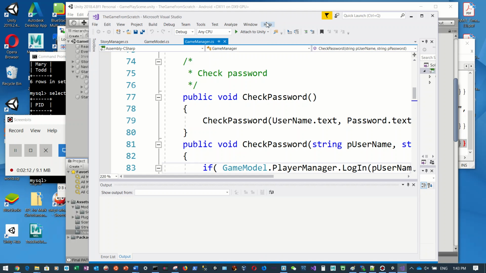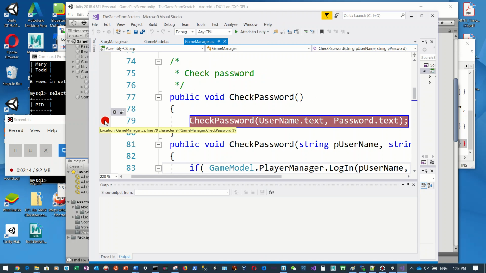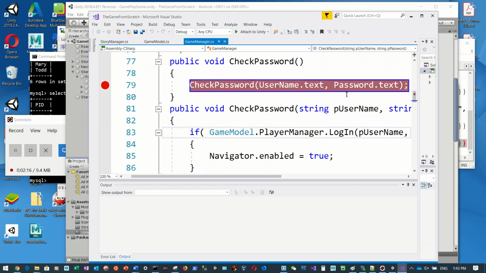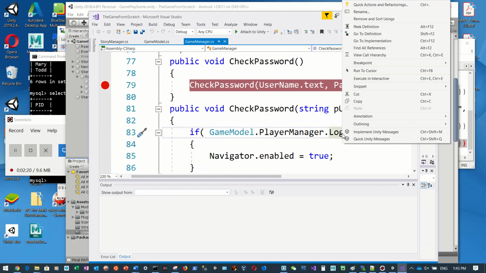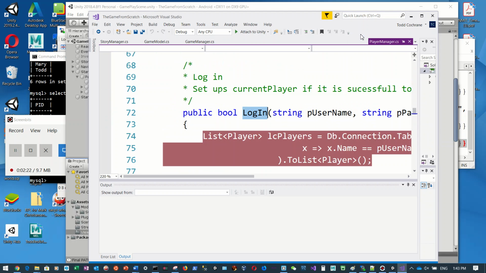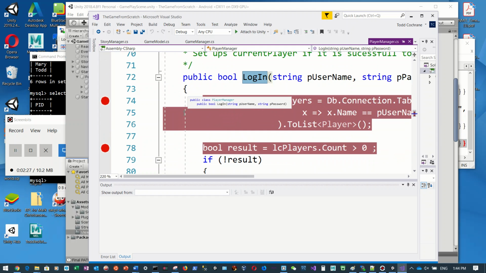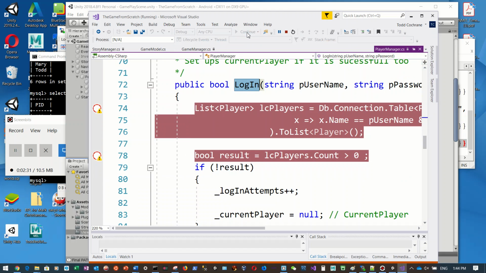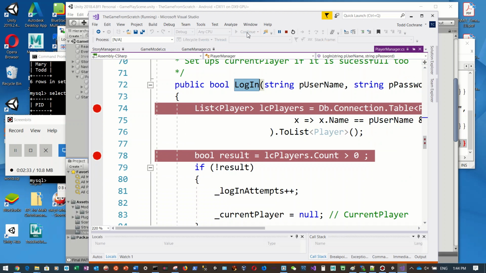Okay, so it's going to game manager check password. That's where it's going. So inside the check password, it's going to player manager login. So I'll just go straight over there and have a look at it. There, I've got a stop on there already, and that should be ready to go. So I'm going to attach to Unity. Okay, I'm now attached to Unity, and I need to see what LC Players has after it's run